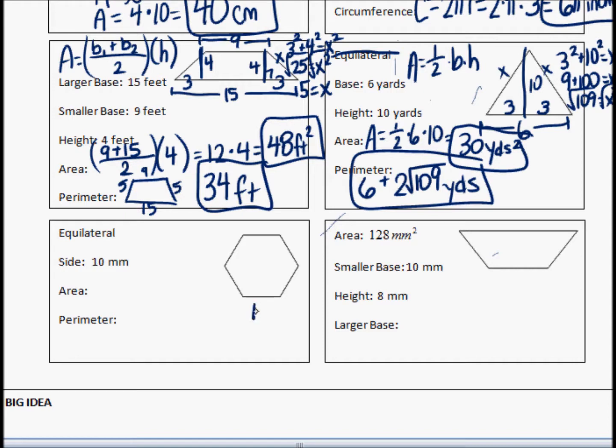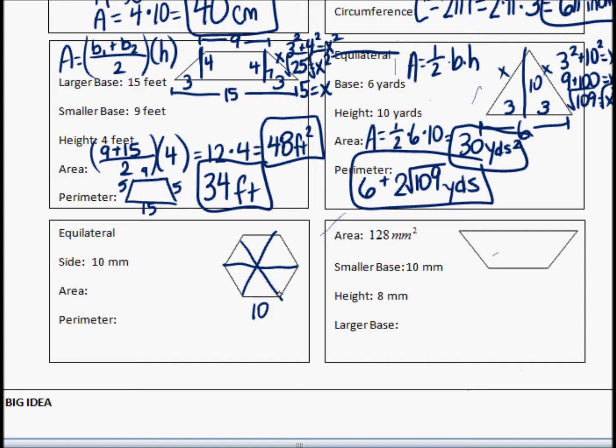Something neat that happens with hexagons is if you divide it up, it actually ends up getting divided into 6 equilateral triangles. So finding the area of a hexagon is just a little bit more complicated than finding the area of a triangle. Finding the perimeter of a hexagon, if you know that it's equilateral, is actually pretty simple, because I know